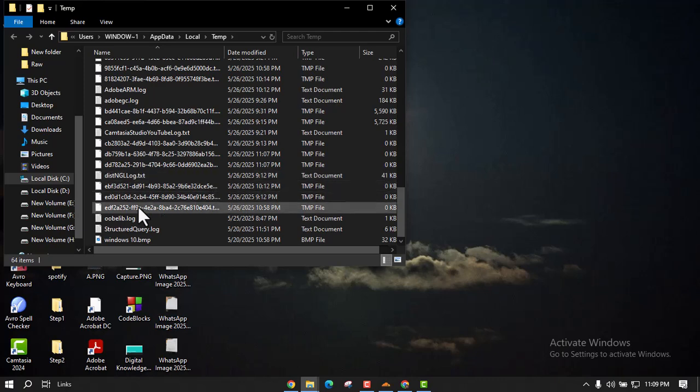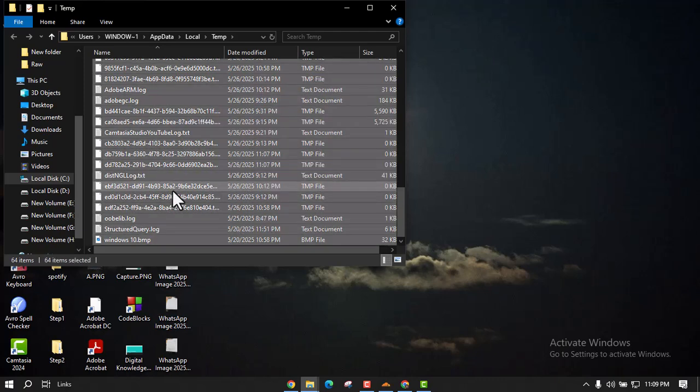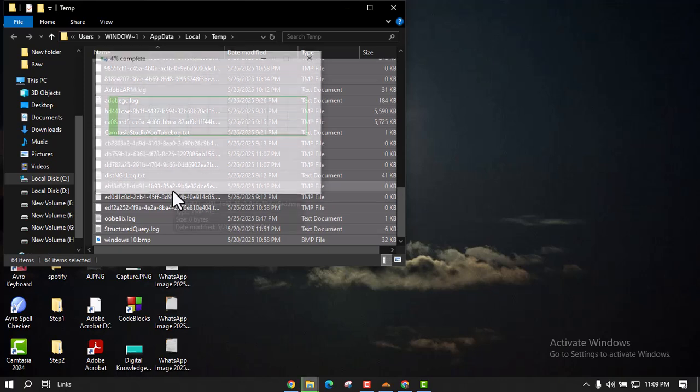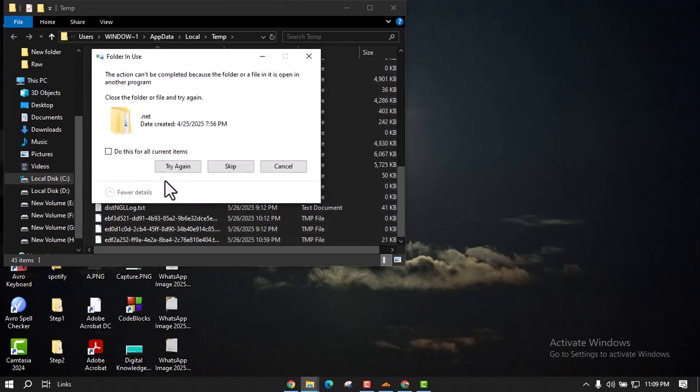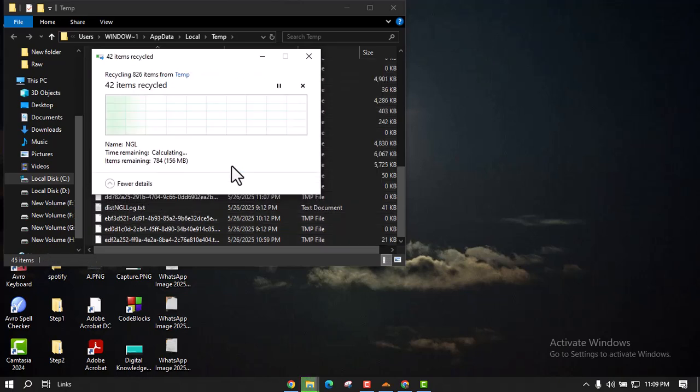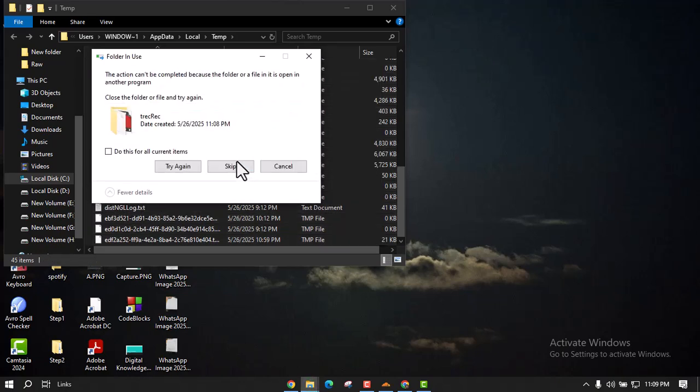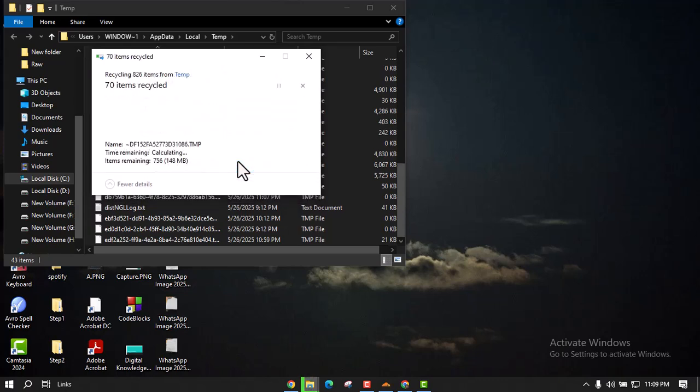So if you want to delete all of them, just press Ctrl A on your keyboard and press delete, and all of your files will be deleted. So yeah, this is how easily you can just delete